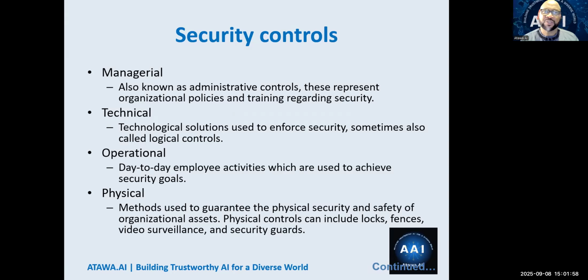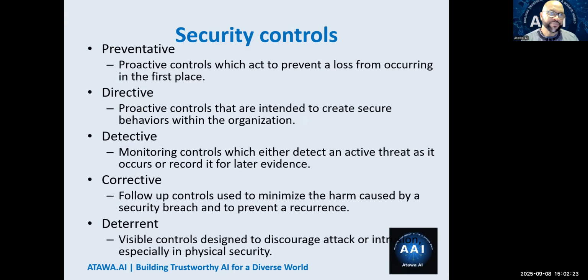So security controls are basically countermeasures that you put in place. They go from managerial, also known as administrative, to technical, known as logical, and operational, and then of course physical. Managerial means policies, management level. They make up policies. Technical is what I'm going to implement with technology, and operational is day-to-day, and physical would mean stuff like fences, bollards, right?